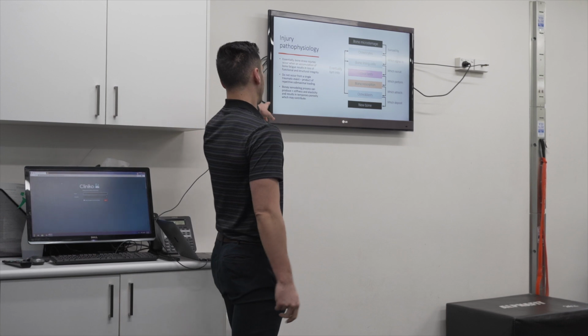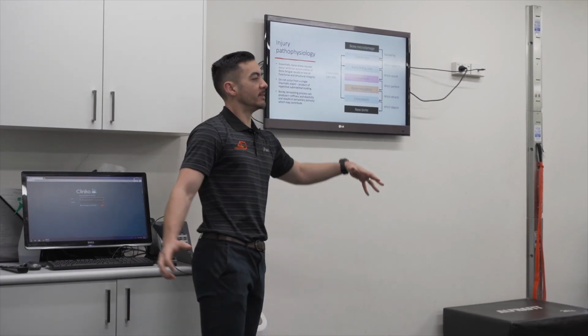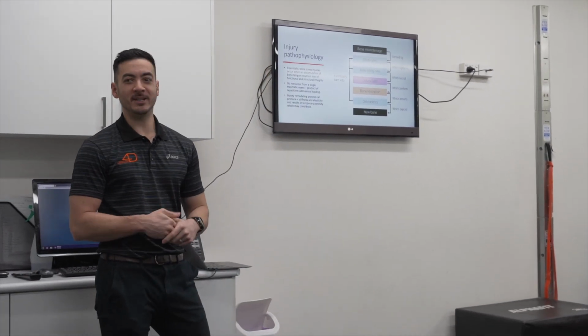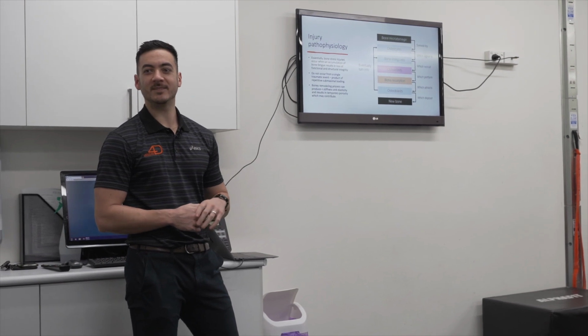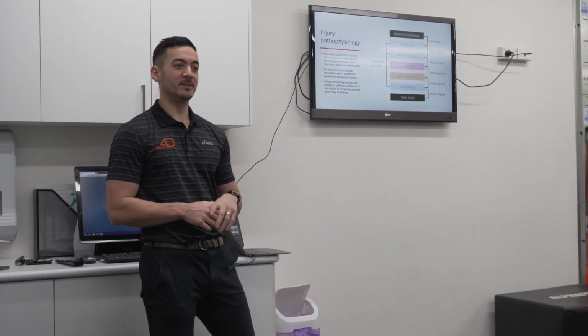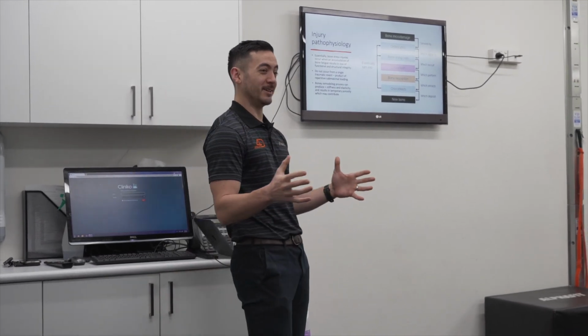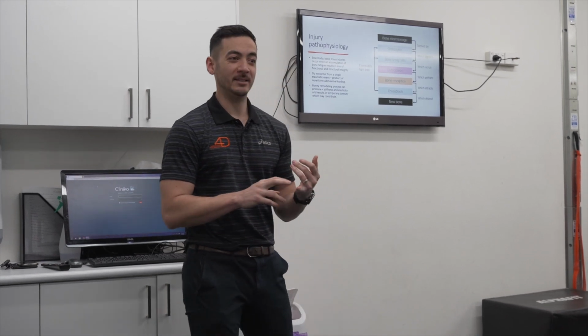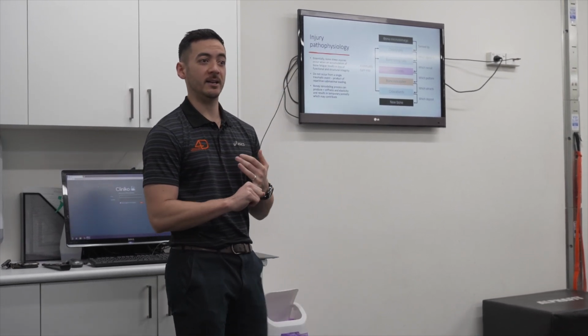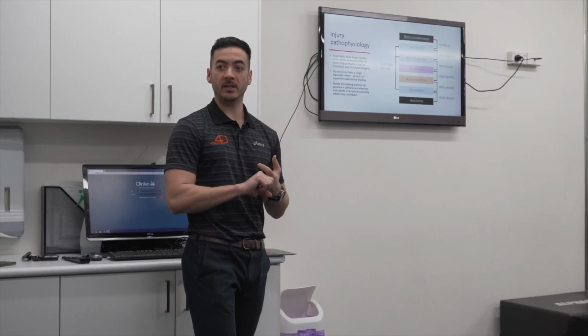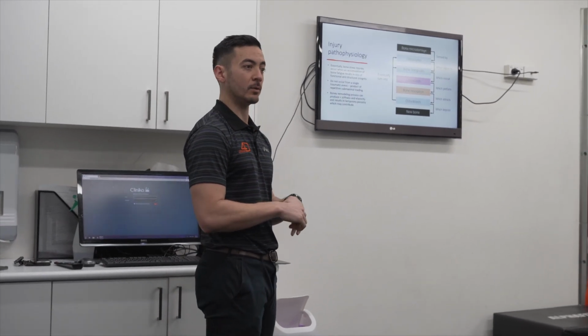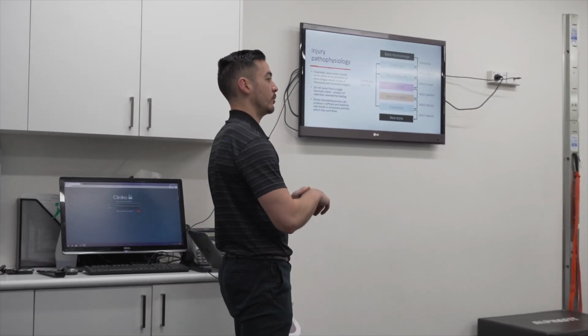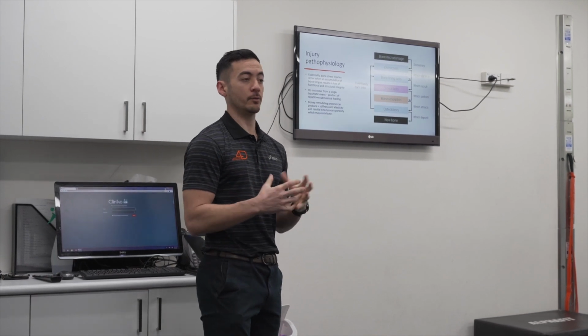The bony remodeling process. So is anyone caught up on their bone anatomy? Does anyone know the different parts of the bone? The periosteum being the outer layer, the subcortical bone, trabecular, and the bone marrow. Right, so when we're talking about stress-related injuries, we're always starting on the outer layer, so through the periosteum.